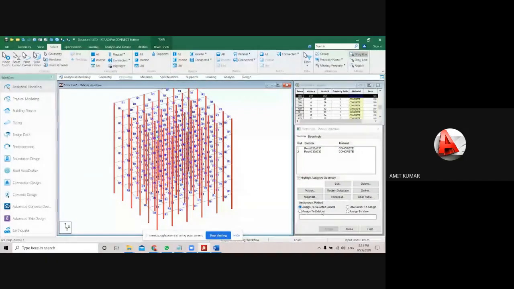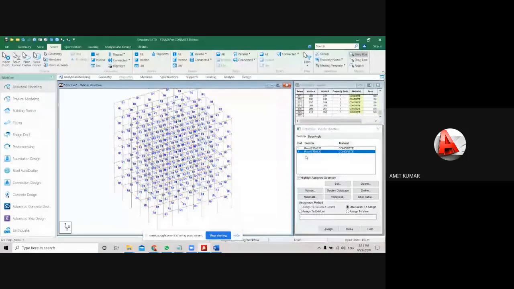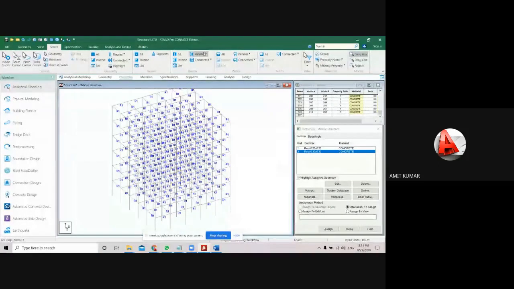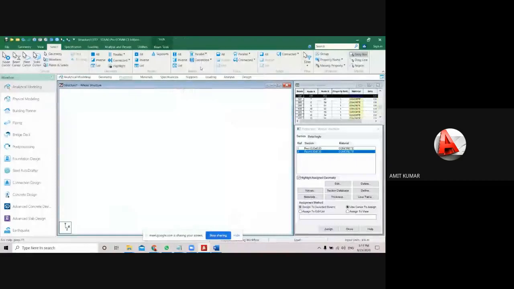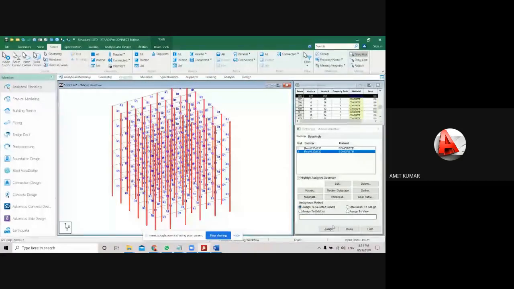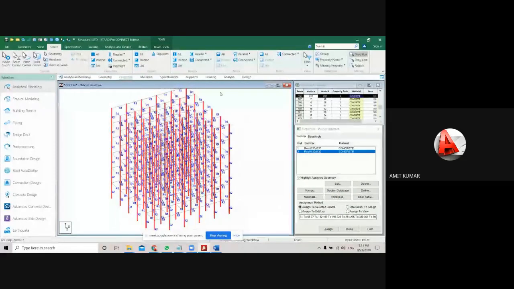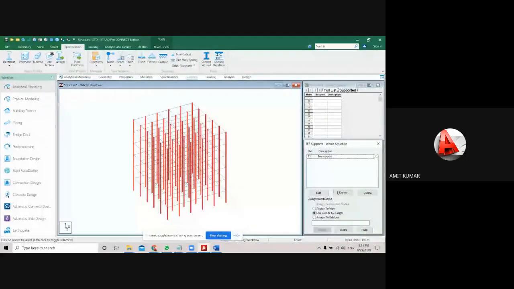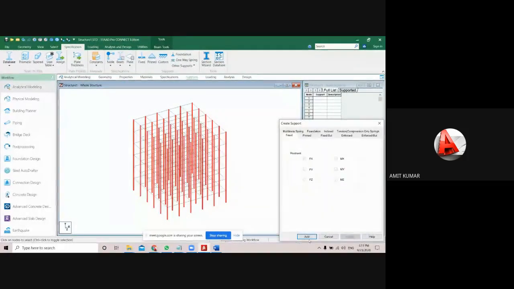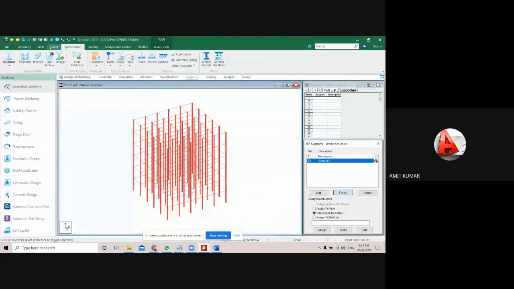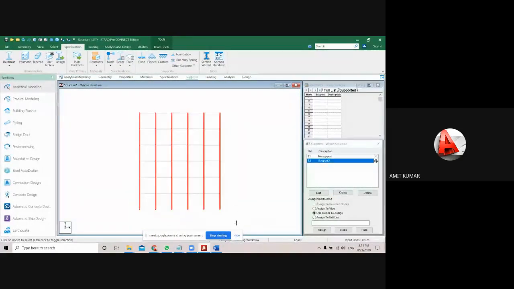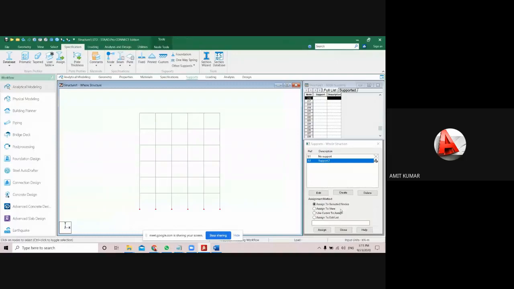So applying the property is the same. Just select the property that is your columns. For that, you have to select the beams which are parallel to the y-axis. Then click on assign to selected beam and click on assign. The next step is now to create the support. For that, you have to click on the support. Then click on create a fixed support here. Now assign this fixed support to the bottom nodes. Then click on assign to selected node and assign.